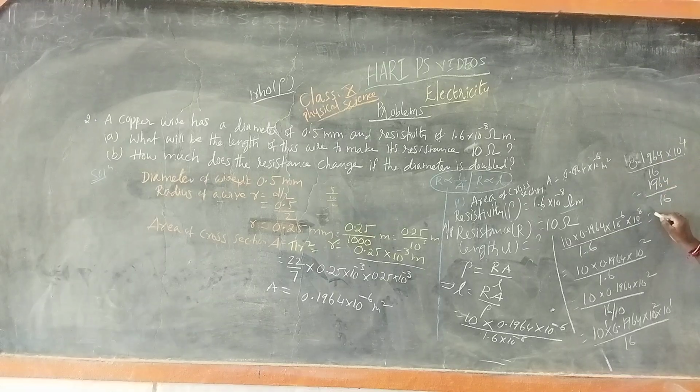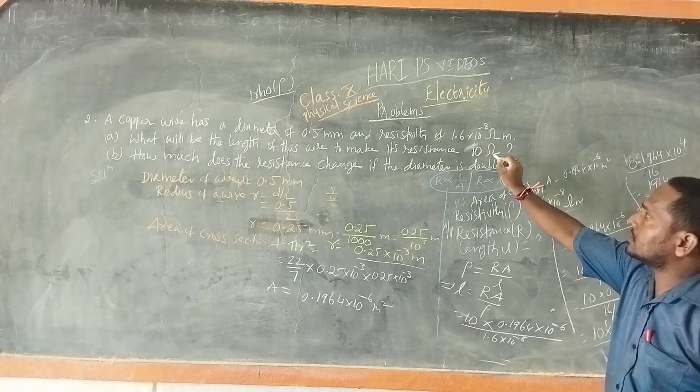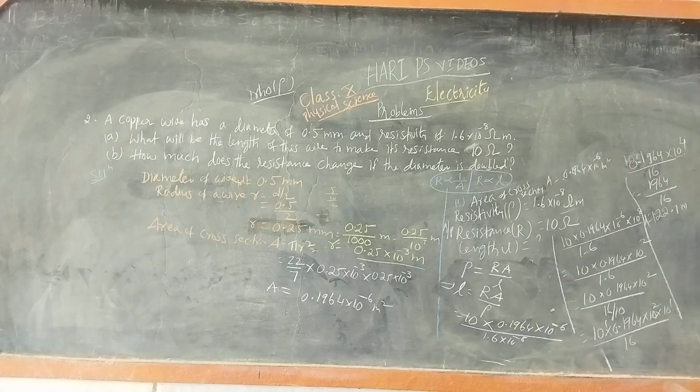1964, so after we can write, maybe 122.7 meters. So the length of the copper wire is 122.7 meters to make its resistance 10 ohms. So like this, you have to practice. That's why the formula is very, very important. Applying the concept is very, very important. Even I also get some confusion by writing the formula. After simplification, we get the length L is equal to